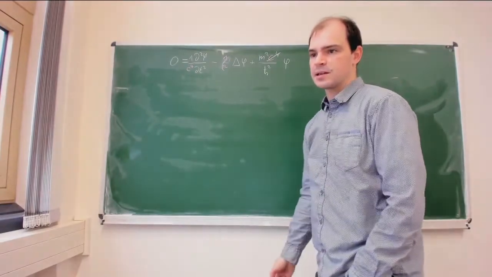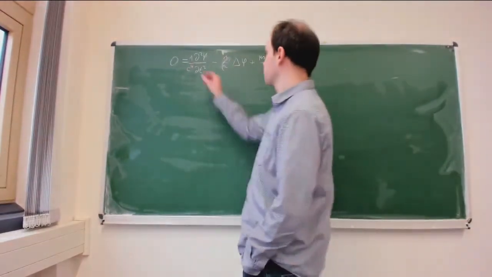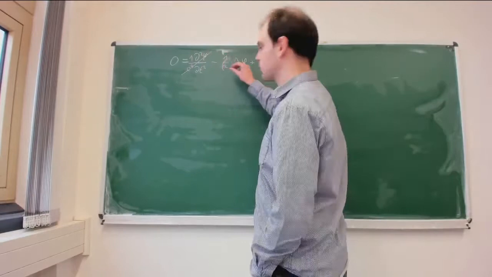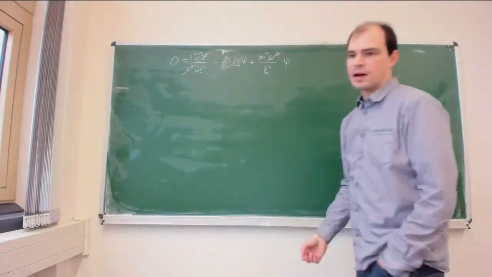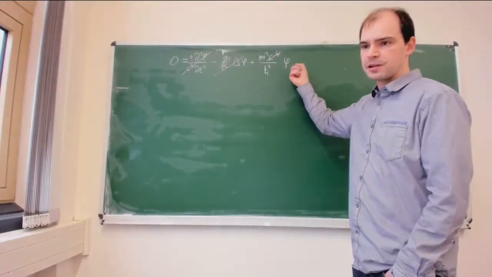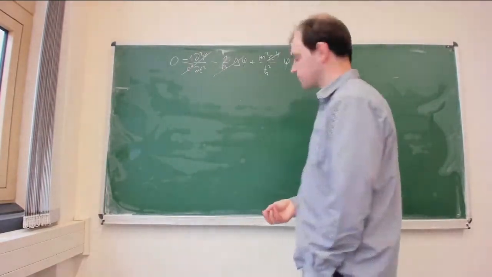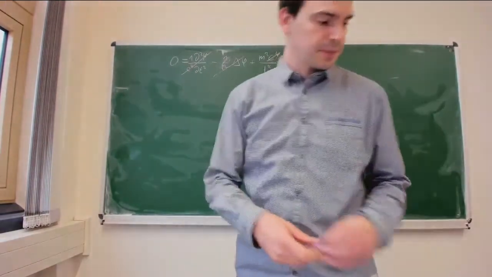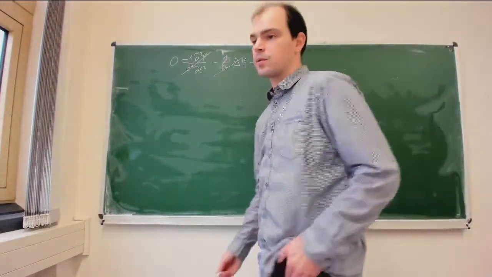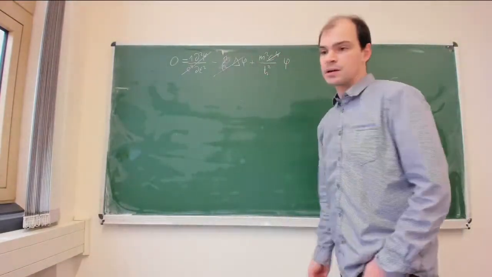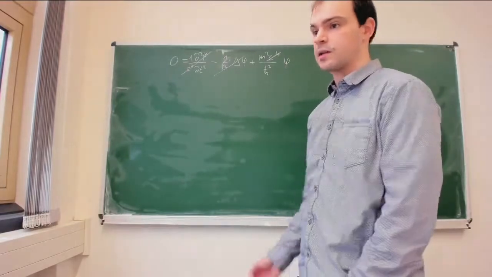So if we take the limit where c goes to infinity, then this term vanishes and this term vanishes, and all we end up with is that our field phi equals 0. This is, of course, not the solution we are looking for, and the reason why we don't get any useful physical solution of this equation is that it turns out that